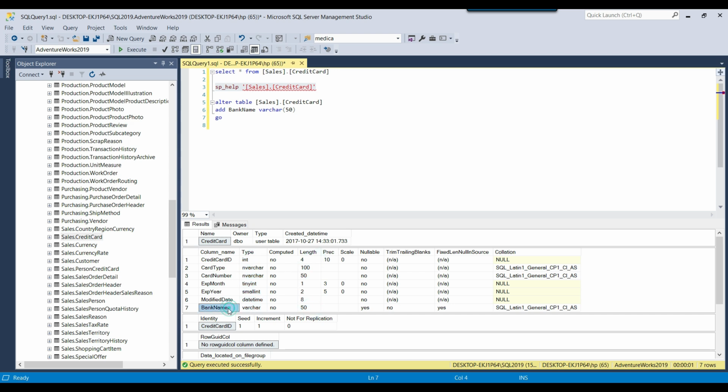So here you can see that for the bank name the type is varchar and the length is 50. Suppose I want to increase the length from 50 to 100, so I can write an alter table statement here. You can write alter table and then the table name. I can copy the table name from here and then alter column, and now you need to provide the column name. My column name is bank name,